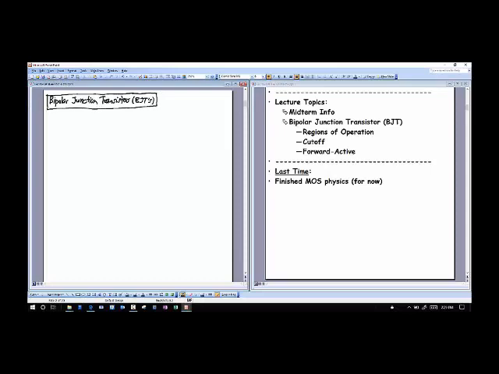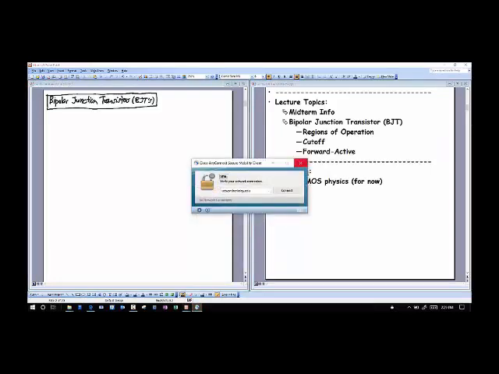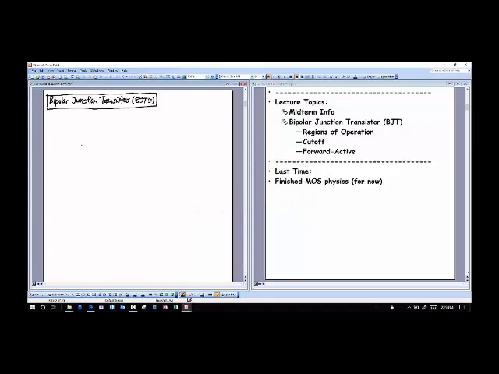Okay, so first, what is a bipolar transistor? I think the best way to do this is just to tell you what physically it is. So I'm going to make a drawing like I usually do that doesn't look exactly like the way the transistor really looks, but it gives you the gist of what the transistor is made out of. It's a semiconductor material, using things that you already know about: N-type semiconductor and P-type semiconductor.